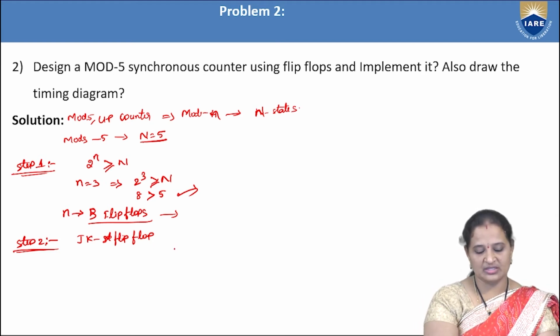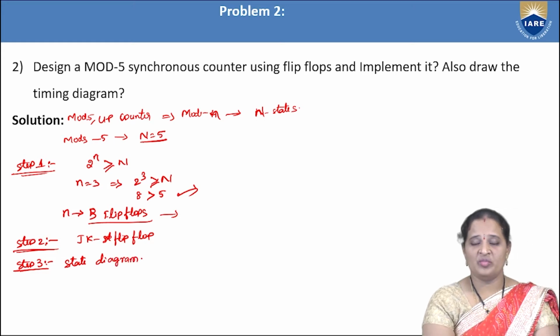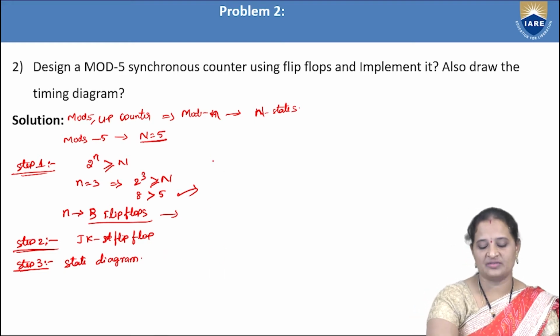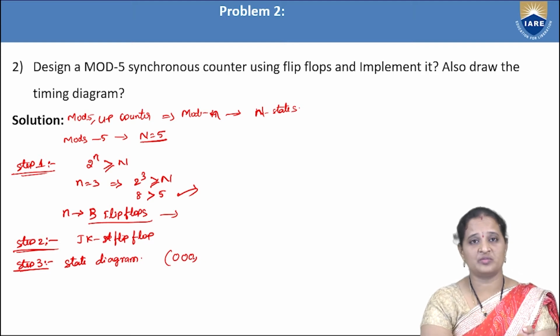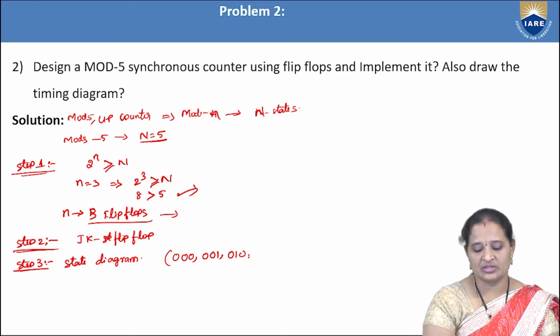Once you have chosen the JK flip-flop, what is the next step? We need to draw the state diagram. So how to draw the state diagram? How many states is it counting? This is a mod 5 counter. It counts 5 states. So what are the 5 states it can count here? As it is an up counter, it will start from 000 and it is a 3-bit counter because the number of flip-flops required is 3. So 000. The next state will be 001, then 010,